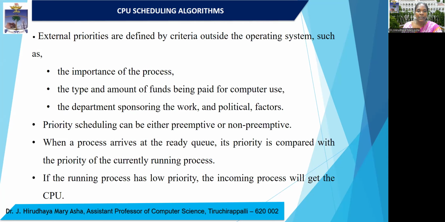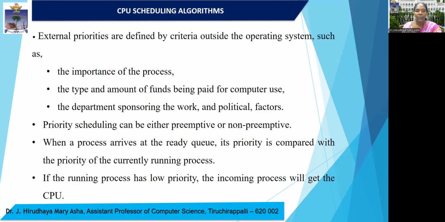Based on external priorities, the priority is set outside the OS based on the importance of the process, the type and amount of funds being paid for that process, the department sponsoring that work, political factors, etc. These are considered outside the OS as an external priority. And while comparing this with the previous two, FCFS and SJF, here the priority scheduling can be either preemptive or